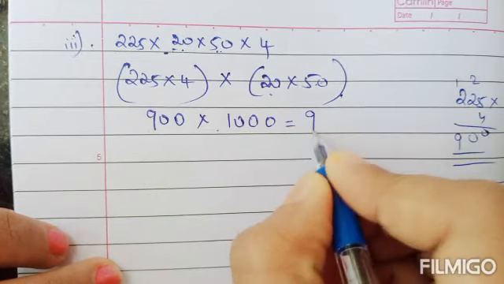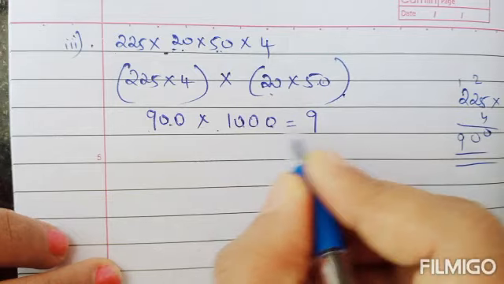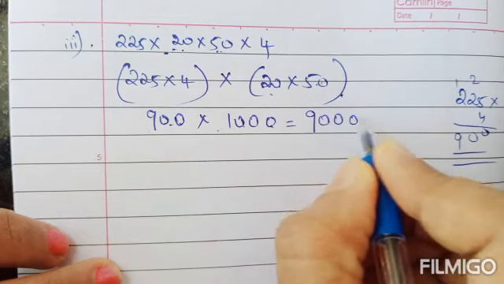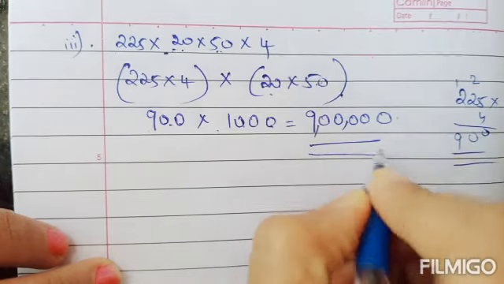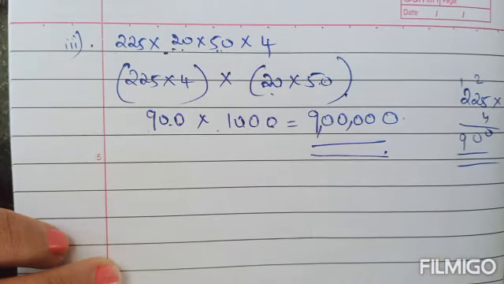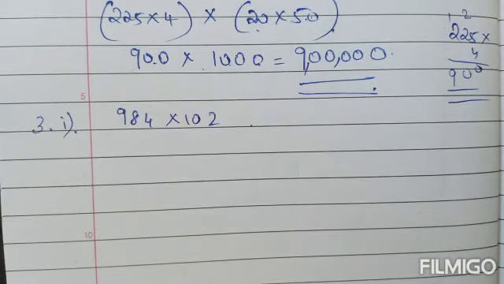9 into 1 9. Here 2 zeros, here 3 zeros, so in the product total 5 zeros will be there. Okay, so 9 lakh is the answer. In that third one, use